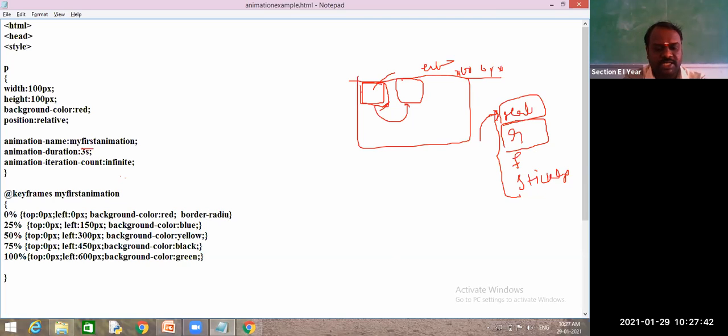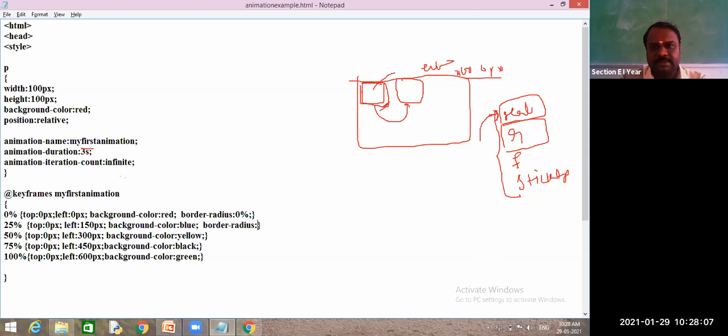Initially it must be a square. So no radius means 0 pixel radius or 0%. So we will go with percentage. Next, border radius, so all sides I am applying. It will become, for example, 25%, not 25.